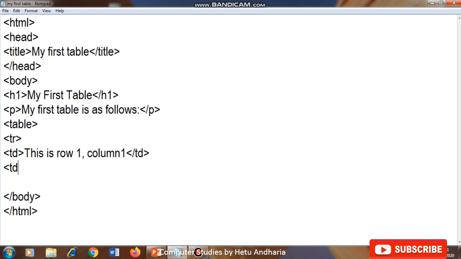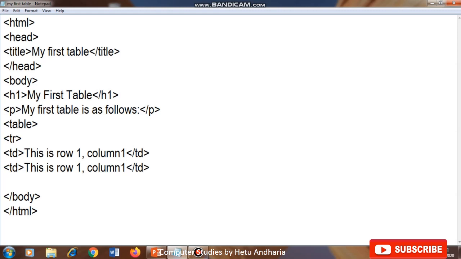The next column will represent row 1. Row will remain 1 because we are still in the first tr. So row is displayed by R in the tr. So first row, and the column will change: column 2, /td.